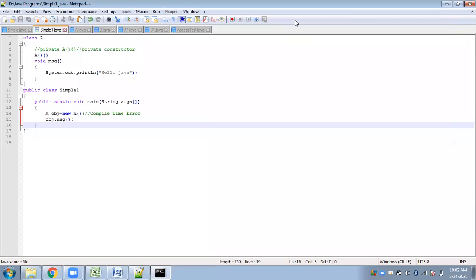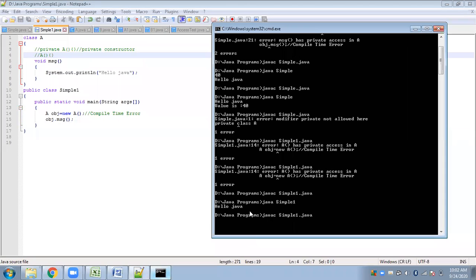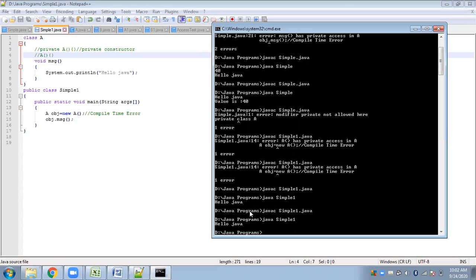It is the same thing. If you comment it here and use it here, it is the same thing. Some might be thinking that initially we did not define any constructor of this sort. Yes, this statement and this are the same thing.